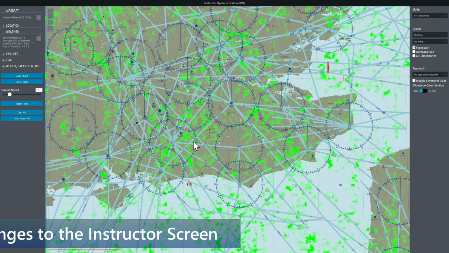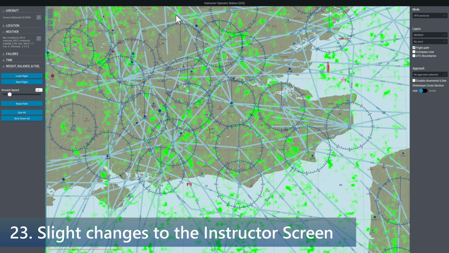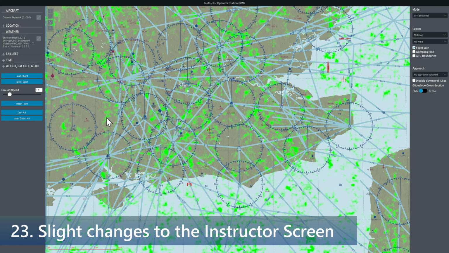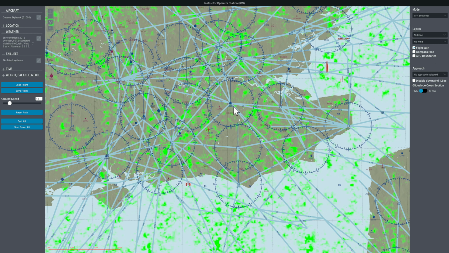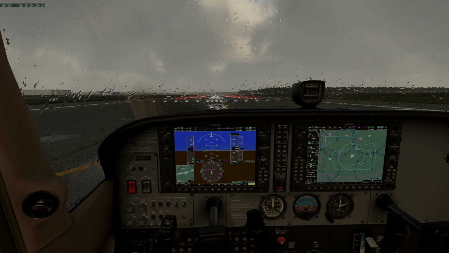So left hand screen, no real changes to what's known as the Instructor Operating Station. You can actually use this. You can have somebody else use it and play about with your settings, your weather, your failures. Here, for example, it's got failures as you're flying, so it's a very different way of testing out things. The other thing that I'm seeing here is actually got weather directly over the Instructor Operating Station. The rain's really starting to come here on the main sim, and just as we turn back to the main sim,